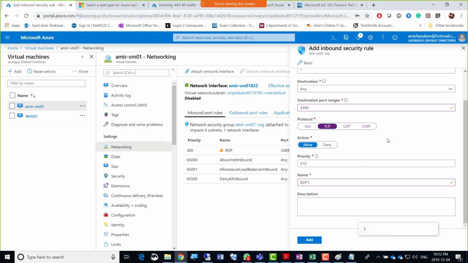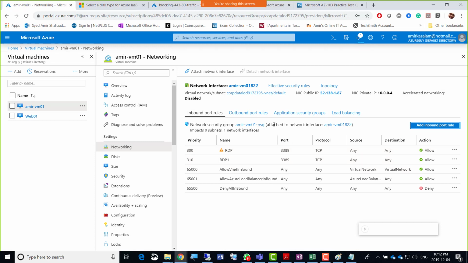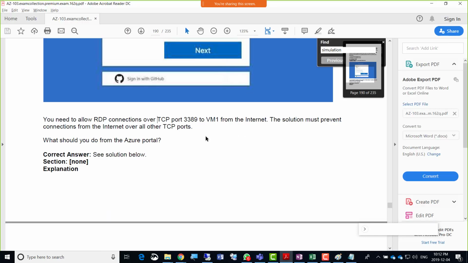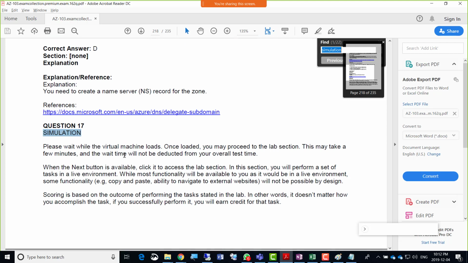Thank you, sir. So there's that TCP allow and RDP there, and you can just go ahead and click add, because I've already added that. I'll just go ahead and click add, and it's a different name, but it's doing the same thing that my existing rule is doing. So two RDP connections. Anyway, this is how this lab is done. I'm going to click next here. That was really simple. So that was the question 17 solution.